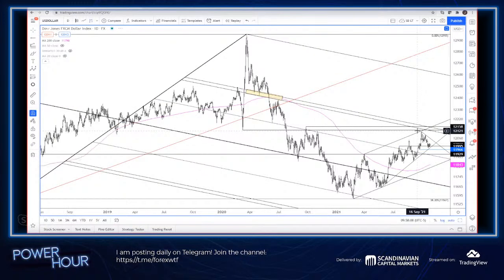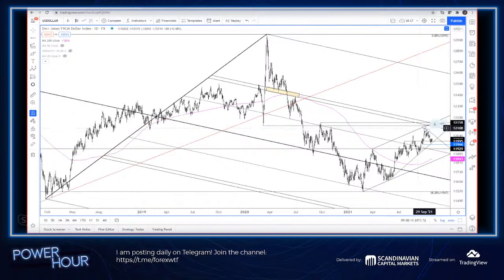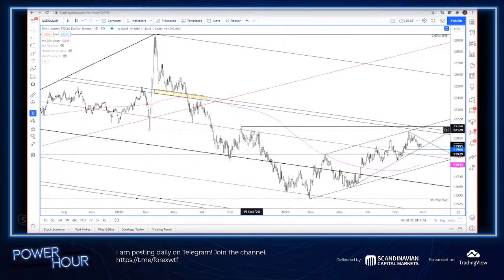Again, this is that surge at the end of September. We ran into, or didn't quite get to it, that huge level, 12,130, 12,160. That was, of course, the big low from March 2020, and then the highs back from September of last year and October of last year. So essentially unchanged over the course of the year.